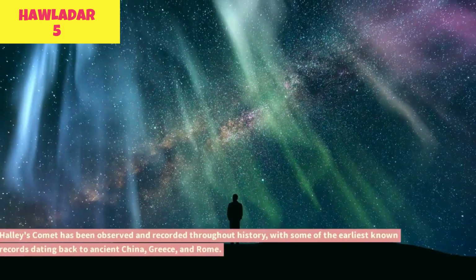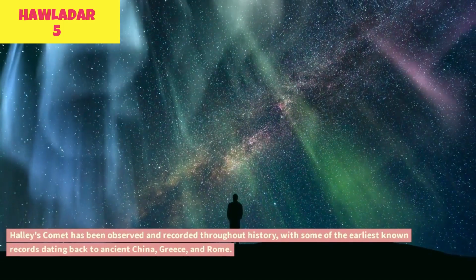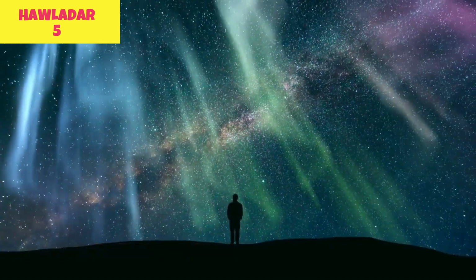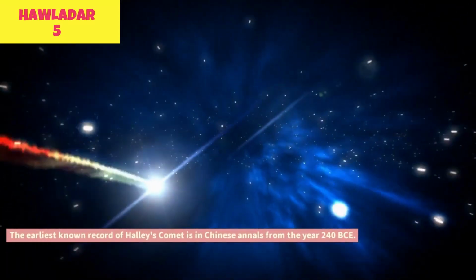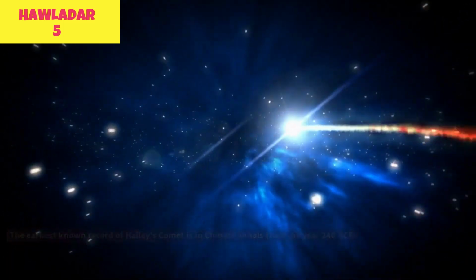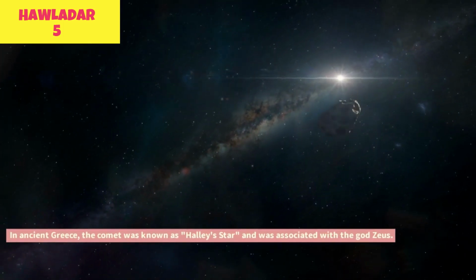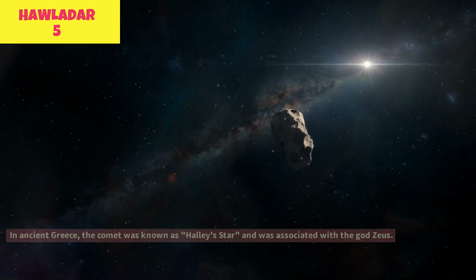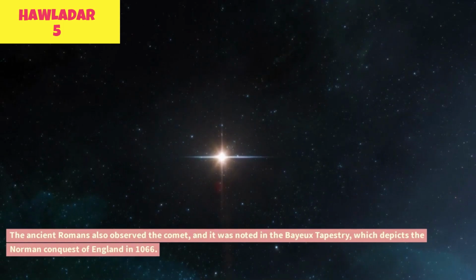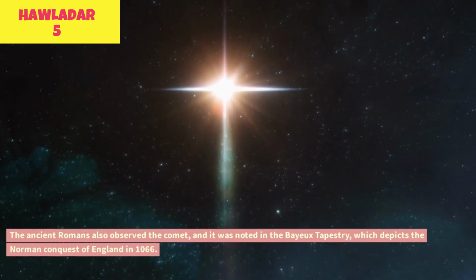Halley's Comet has been observed and recorded throughout history, with some of the earliest known records dating back to ancient China, Greece, and Rome. The earliest known record of Halley's Comet is in Chinese annals from the year 240 BCE. In ancient Greece, the comet was known as Halley's star and was associated with the god Zeus. The ancient Romans also observed the comet, and it was noted in the Bayeux tapestry, which depicts the Norman conquest